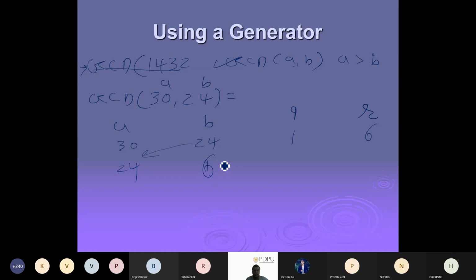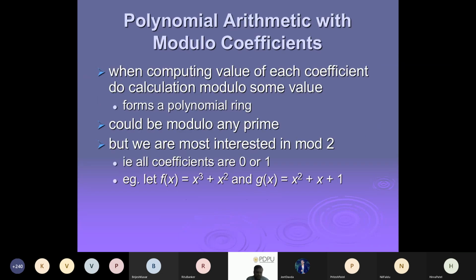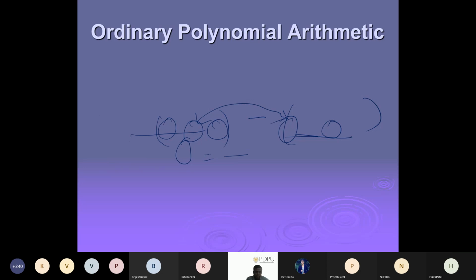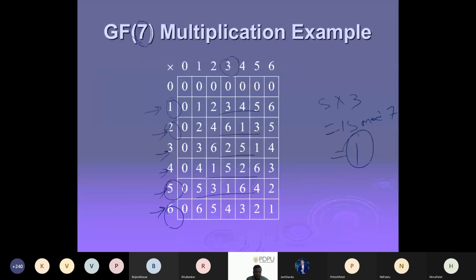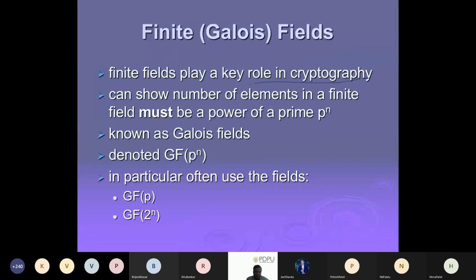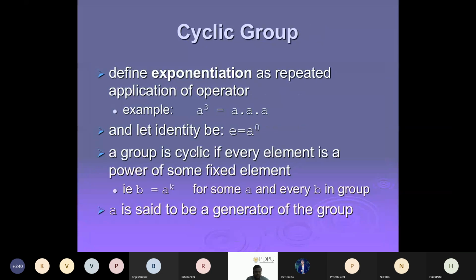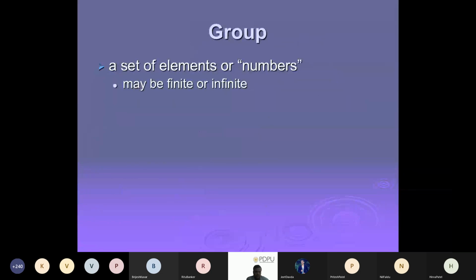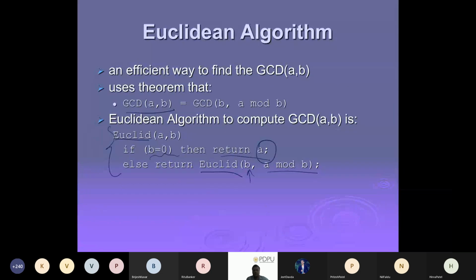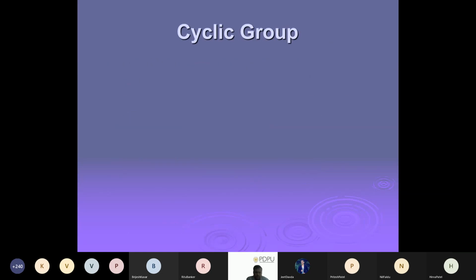So if you remember the Euclid algorithm, let me see. This is what the Euclid algorithm is, right? So if B is 0, we return A. Otherwise, again, we make a recursive call with B and A mod B. So A mod B is actually our remainder. Okay. So not the quotient, that is a remainder. So B is as it is and the remainder we are going to put.